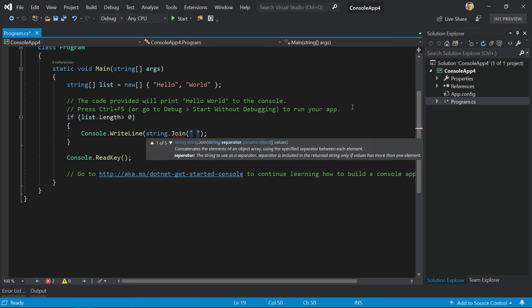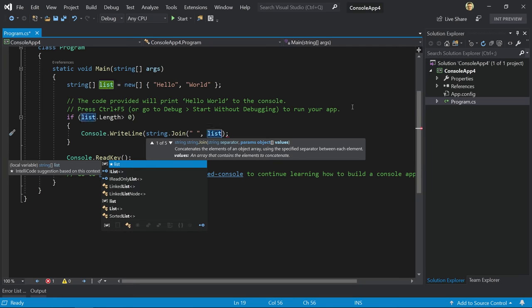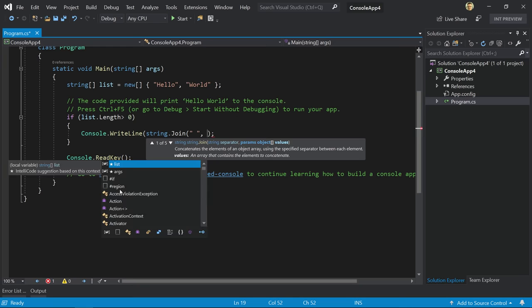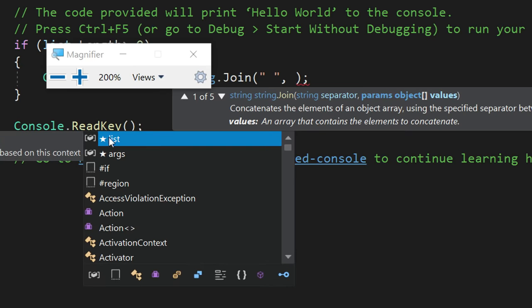I'm going to join on an empty string, and I'm going to provide a list. Now see what happened here. I'm going to just force this again. So I'm going to zoom in here. Notice how the first two items,